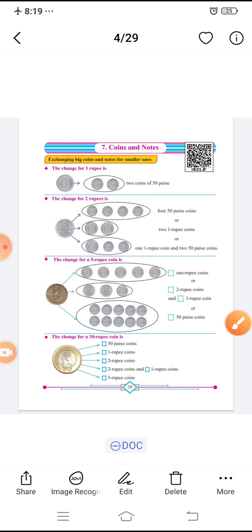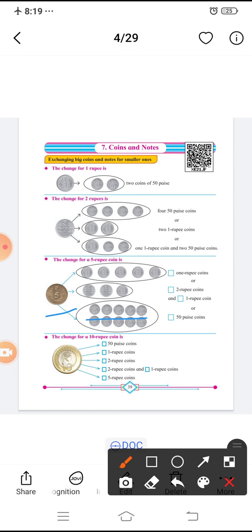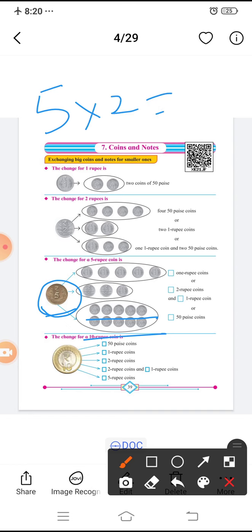Again I am saying, if it is 50 paise coin, 50 paise है तो फिर the total value को 2 times multiply करो, double time, that is 5 2s are 10. So 10 50 paise coins are needed when it is 50 paise. जब सिर्फ 50 paise at that time double times करो. Okay, that will be easy for you all to understand.